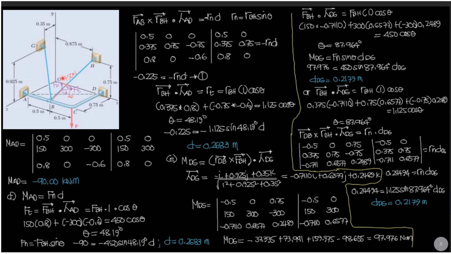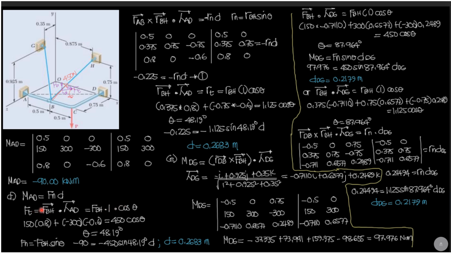Only the one that is perpendicular to that axis will have moment about AD. So FT is the dot product between FBH and the unit vector of AD, because if we're going to expand this, FBH is the force 450 times magnitude of AD 1 times the cosine of the angle between them, definition of that product. And if you're going to interpret FBH hypotenuse cosine of theta, that is F sub t, of course.